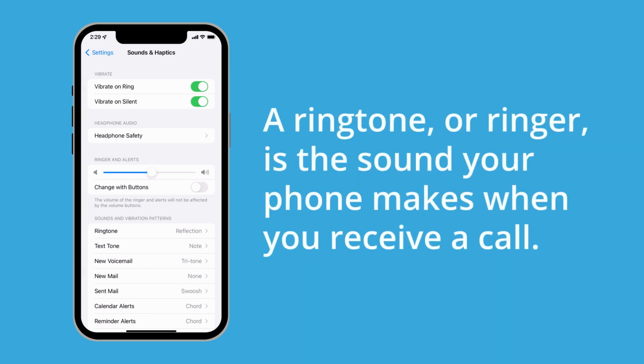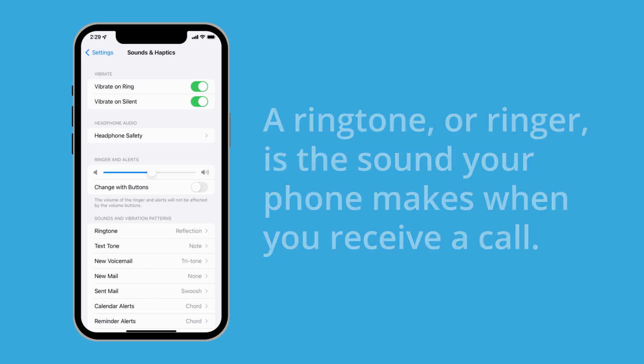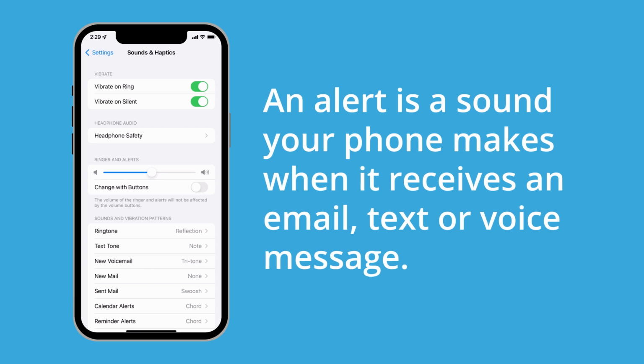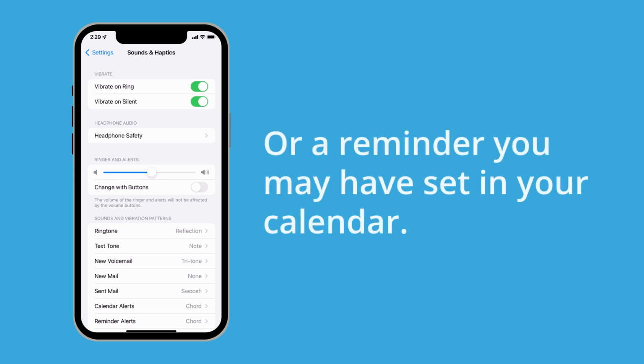A ringtone, or ringer, is the sound your phone makes when you receive a call. An alert is a sound your phone makes when it receives an email, text, or voice message, or a reminder you may have set in your calendar.